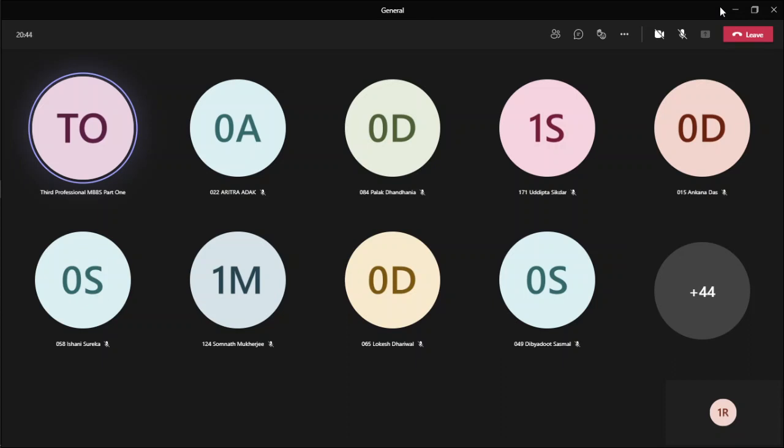Ma'am, in immature cataract, there is usually pain in the eye. The patient complains of pain and redness. While in mature, there is no pain. Pain and redness? No, no, no. In immature, only dimness of vision. No pain and redness.